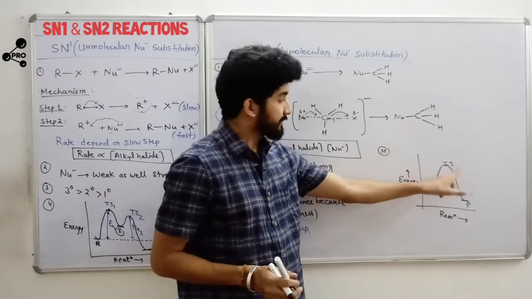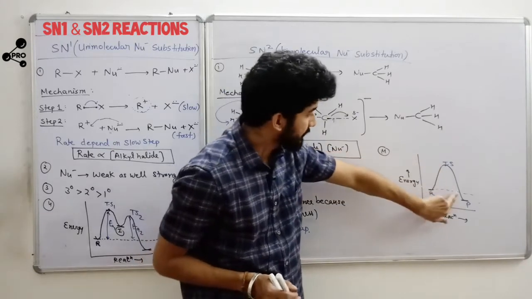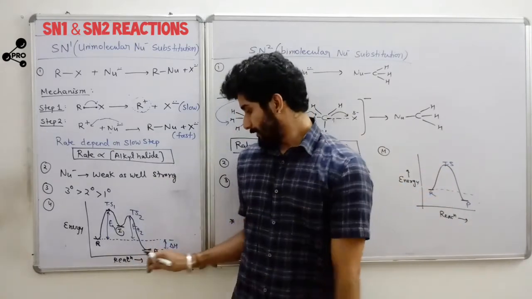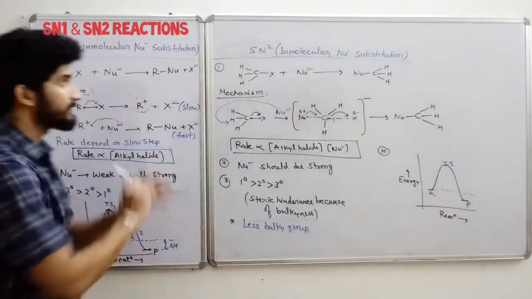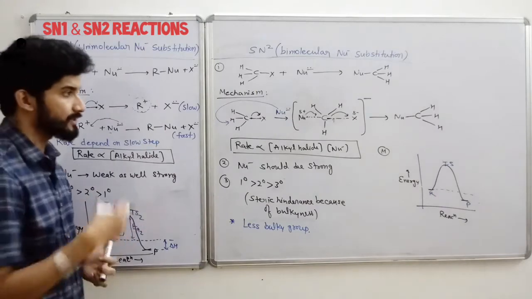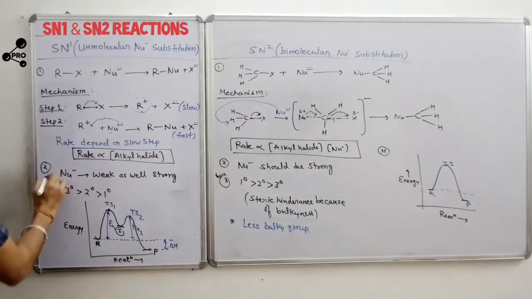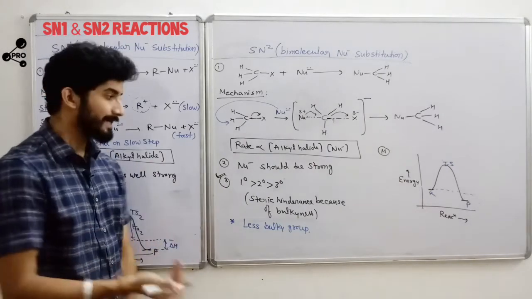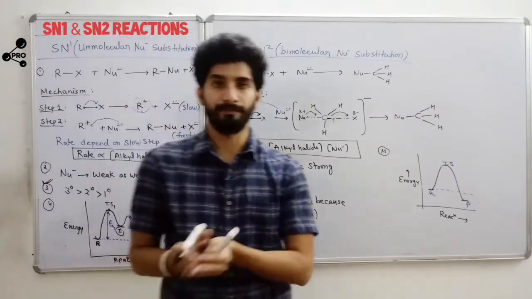Reactant, there is one transition state, and the product. This energy is known as the activation energy, and this energy is known as the reaction enthalpy or enthalpy of the reaction. Alright, so these are the basic things about SN1 mechanism and SN2 mechanism. You just have to be careful about this concept. This is a very important concept, because most of the questions lie on this concept, in which we have to tell which is more reactive toward SN1 mechanism or